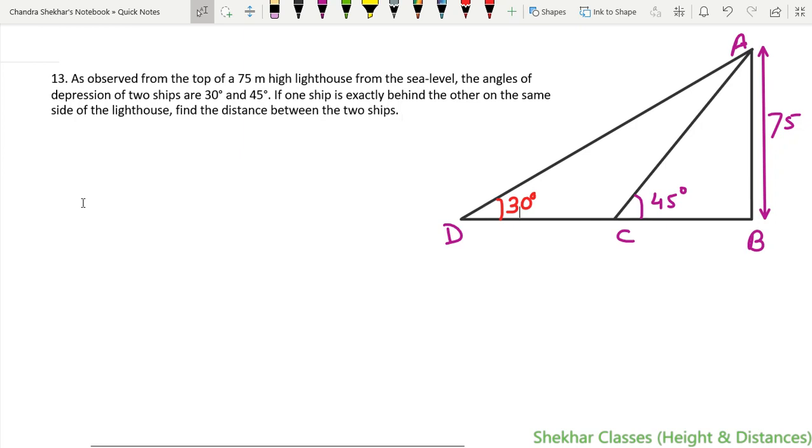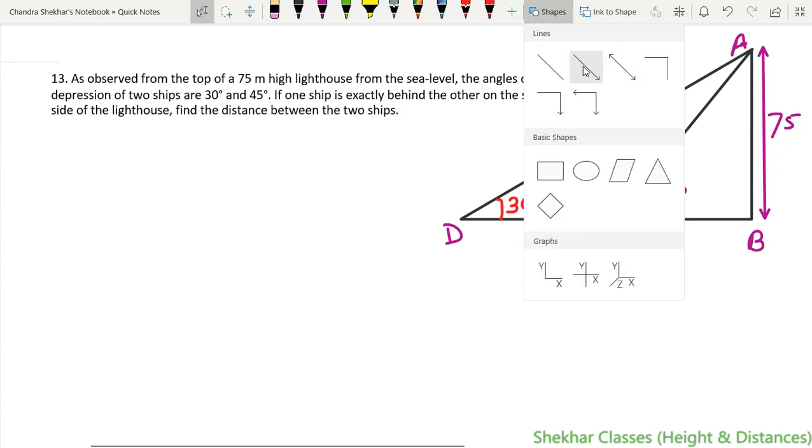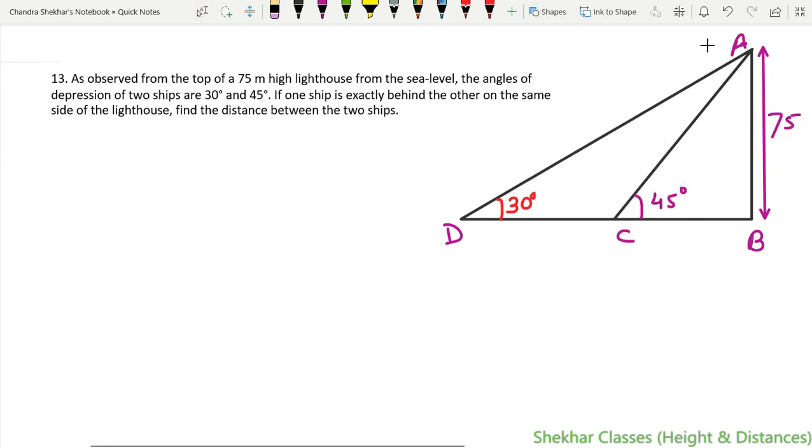And observed from the top of a 75-meter high lighthouse from the sea level, the angle of depressions of two ships are 30° and 45°. If one of the ships is exactly behind the other on the same side of the lighthouse, find the distance between the two ships. So, okay, I have drawn